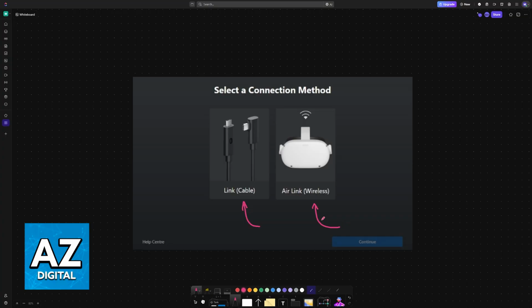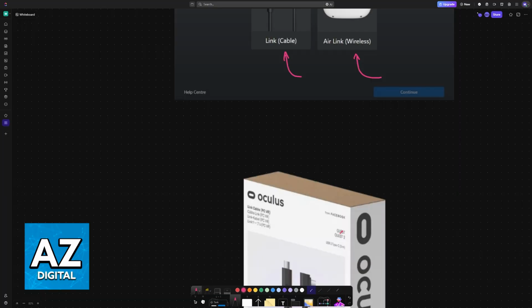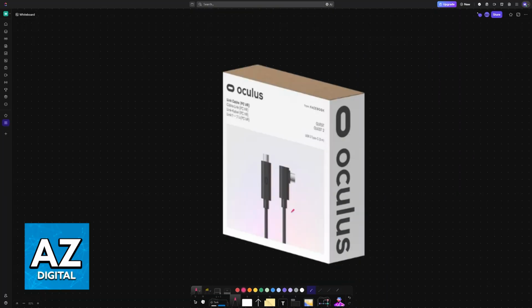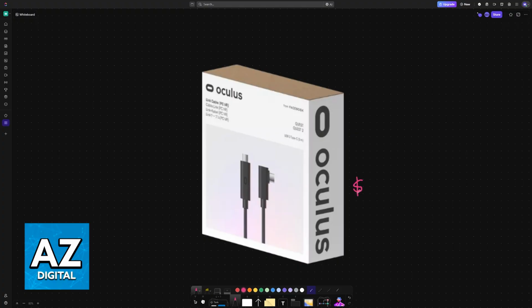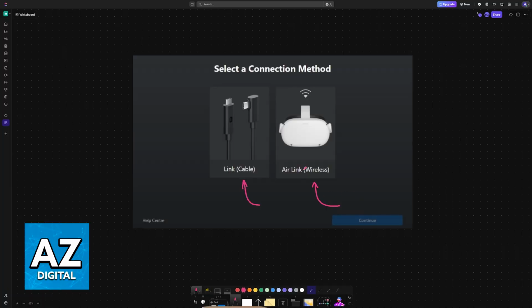I highly recommend using the Quest Link cable. By doing it, you will essentially eliminate any latency, but a high quality cable, including the Oculus Quest Link cable, can cost a lot, so it is pricey. So if you prefer or you believe it is more convenient, just use a wireless connection.